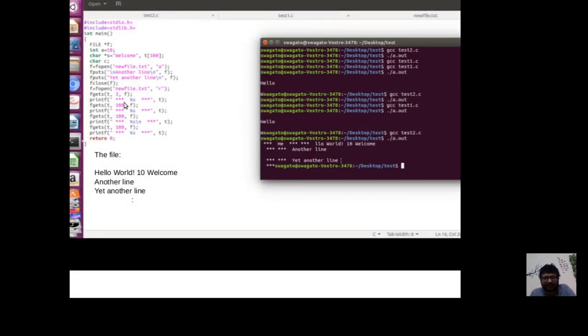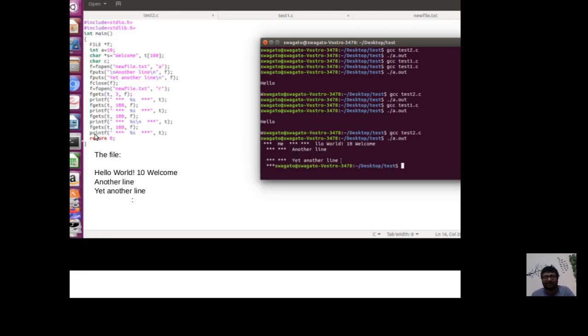This is why the next printf prints the line in a fresh line here. Another line also has a terminating new line which gets printed, and then this new line. This prints he. This prints llo space world 10 welcome. This prints another line in a new line, and also it prints an additional new line here. So another line already has a new line. After that, a separate new line is printed, which is why you see a big vertical gap here.